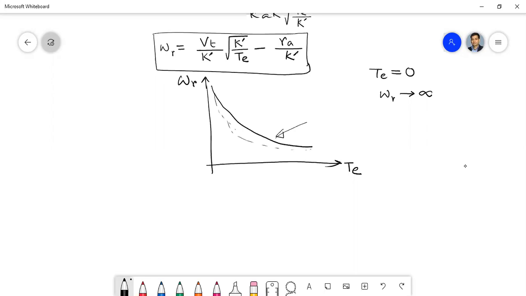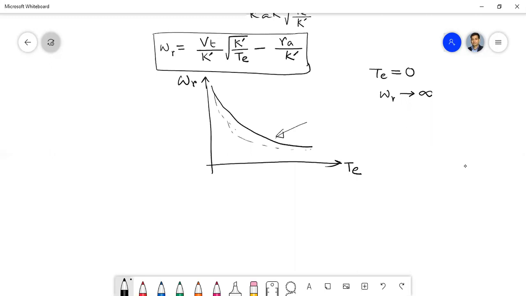Anyway, whatever the characteristics for a shunt motor or series motor, remember that this is the characteristics of the motor itself. For the load, you have different characteristics. As I've already mentioned, load is a different thing. Load is another thing which will be connected to the motor with the shaft.